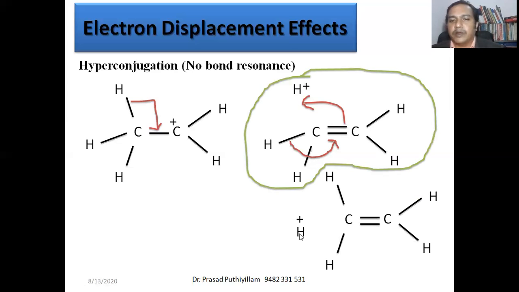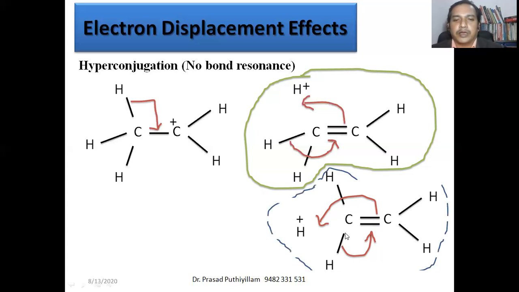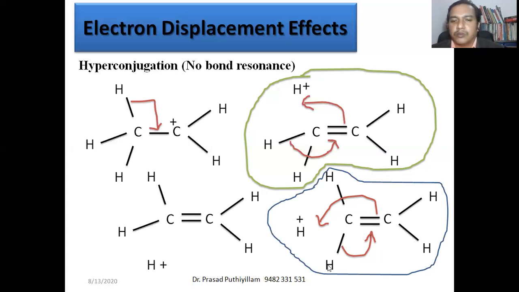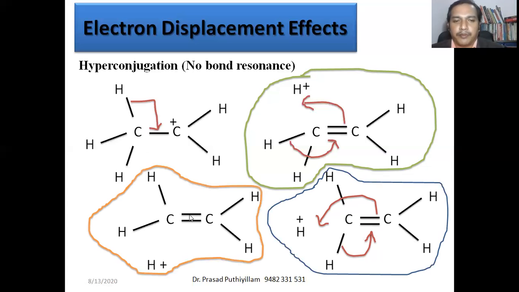Thus creating a molecule like this. Here there is no bond between the second hydrogen and the carbon atom. Hydrogen will get a positive charge, and a double bond is formed. From this, the pi bond shifts here and forms a CH bond. Then the third CH bond can shift back, forming a double bond. It can be represented like this. There is no bond between the third hydrogen and the carbon atom, with a positive charge and a double bond. And in this molecule, the pi electron comes back and we get the actual structure.